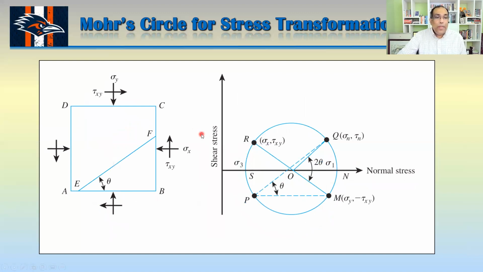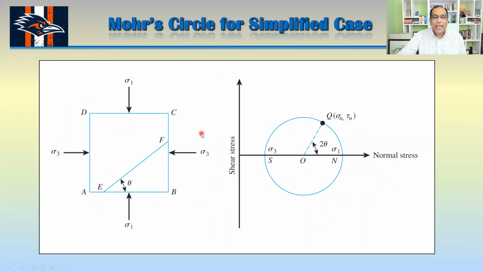Anyway, we talked about that here. Now let's see, this is the simplified case. You can see you don't have any tau xy. So this is sigma 1 and this is sigma 3. This one is sigma 1 plus sigma 3 divided by 2, and your radius is sigma 1 minus sigma 3 divided by 2. So you can just draw that here. This is your sigma 3, the minor principal stress, and this is your sigma 1, the major principal stress, and then basically this is your